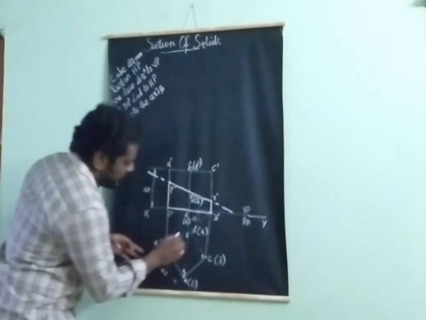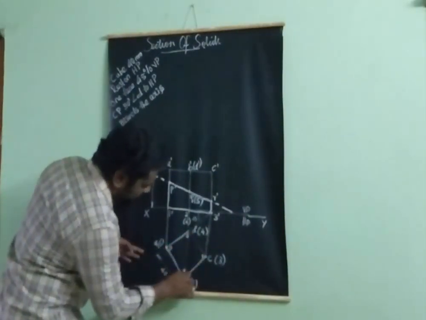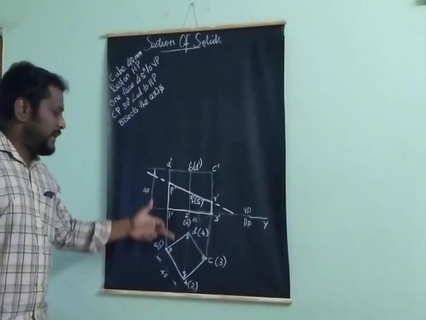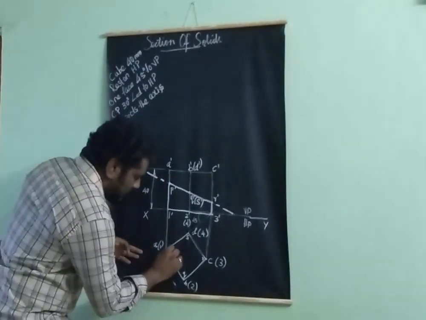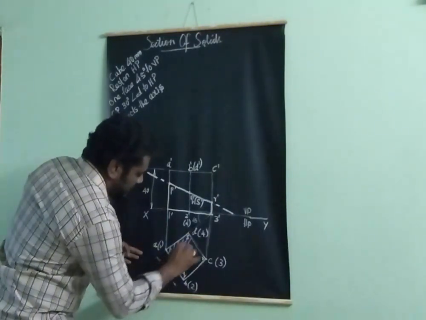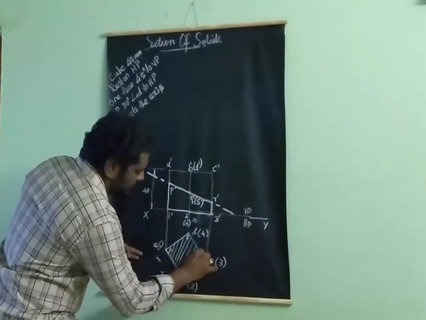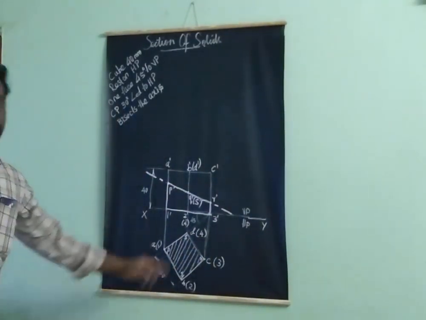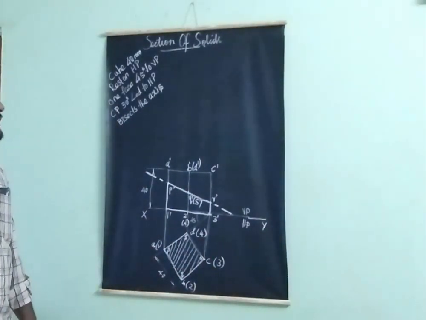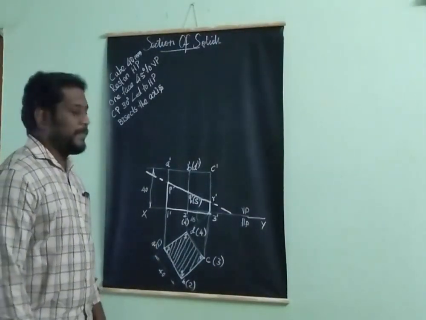Now you have to draw the sectional top view. So this is my sectional top view. And I told you in the last lecture itself, in the direction opposite to the cutting plane, you must represent the new plane with hatching. That is, a new surface will be created because my cutting plane cuts the solid. So you have to represent that plane with hatching. Now, at the last thing, you have to draw the true shape of the cut section.